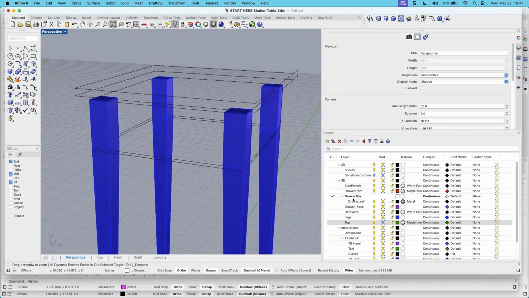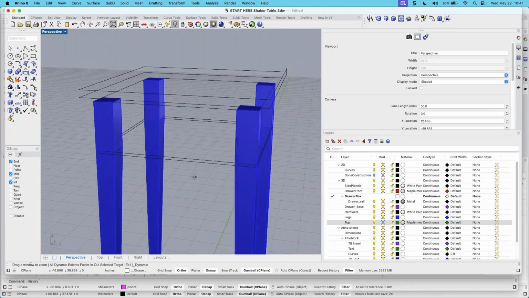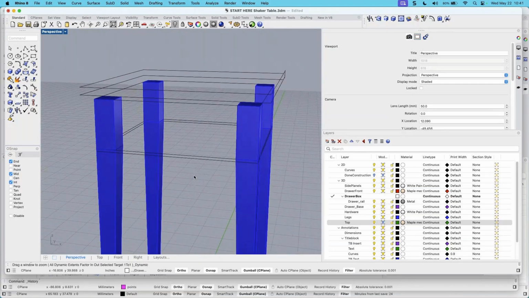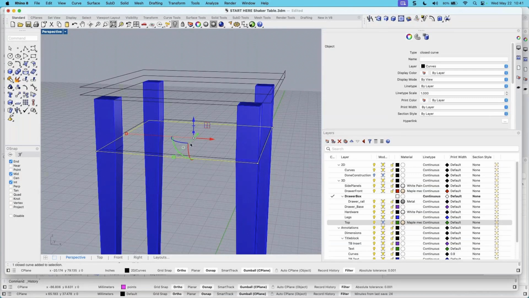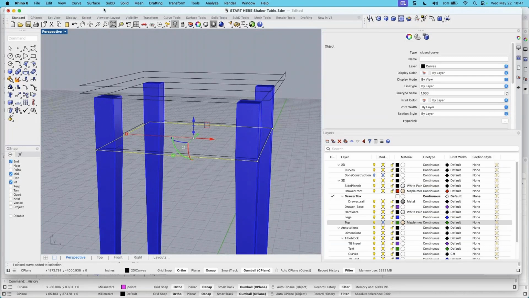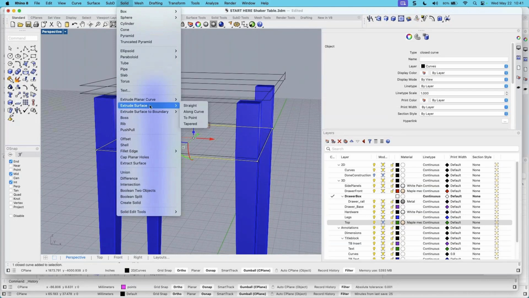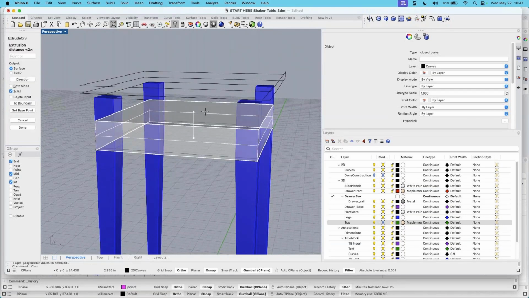Okay, with the drawer box layer current, let's talk about making the drawer box and let's make the bottom and the top. So I'm going to do a little bit of an extrusion here on these two objects, but I have a very specific extrusion. I'm going to extrude 5/8, so probably 0.67. So I'm going to go to solid, extrude, planar curve straight, and I'm going to type in,